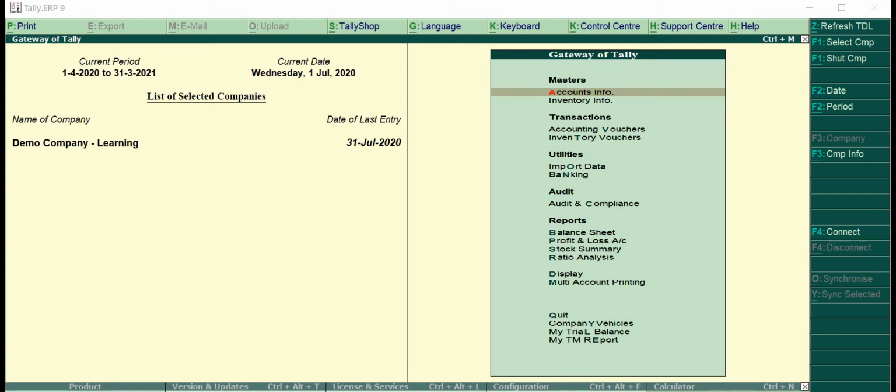In this video, we'll learn about a little complex topic called cost centers. So let's begin. Where are cost centers used? Cost centers is basically an additional way of reporting. Now, usage of cost centers will help you to take better decisions, and the usage of cost centers will not directly have an impact on your balance sheet.